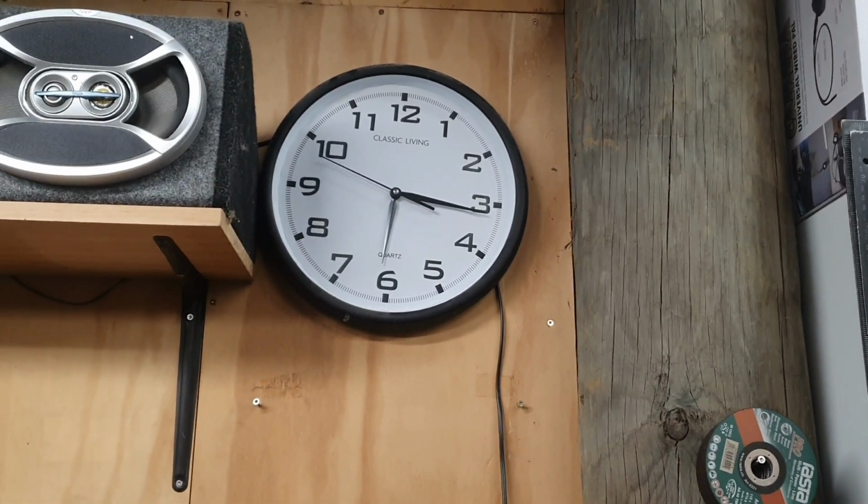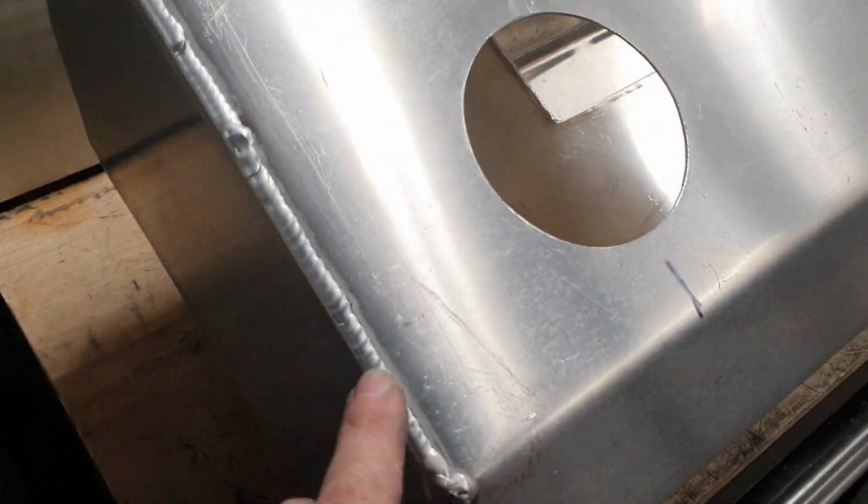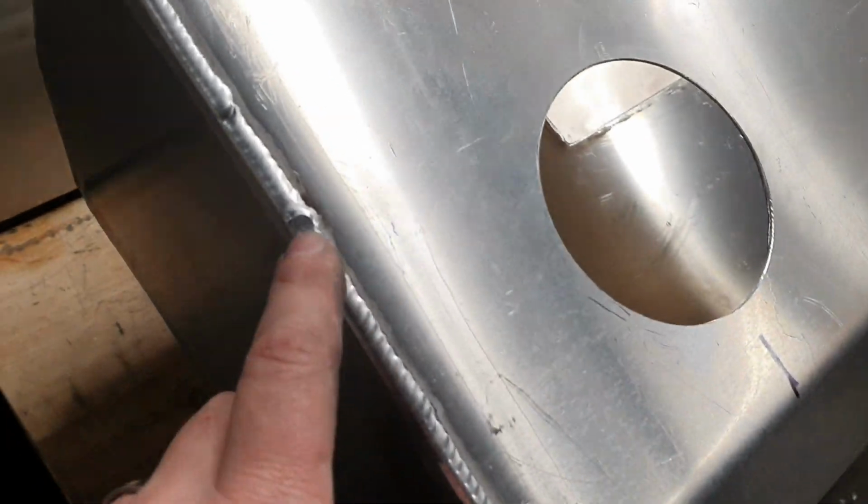Whoops. How'd that happen? Right, we better wrap this up real quick. I've got to go inside. A thing, I'll show you the thing in a second. Another thing. This is coming out, okay? So, beefy thing. Worst welding in the world. I mean,